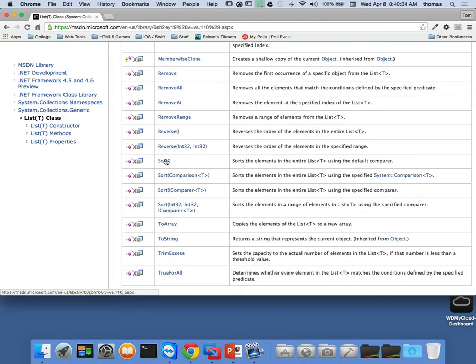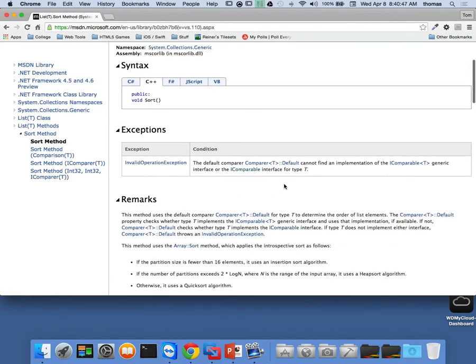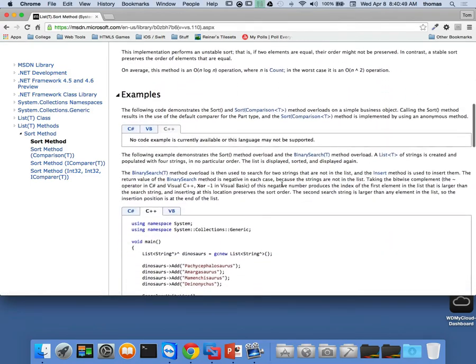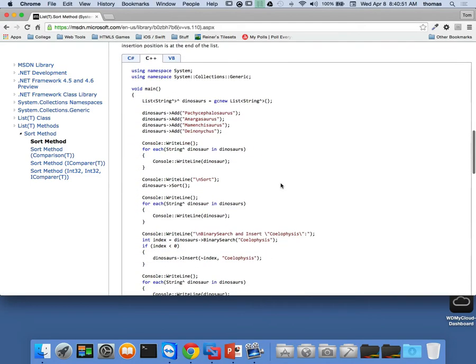One thing that we tried to do yesterday that we failed at, because we thought it was easy, is this Sort. If you notice, when I click on Sort, it says using the default comparer. Well, there is no default comparer in the list, because in order for you to use something called a default comparer, when you build something,